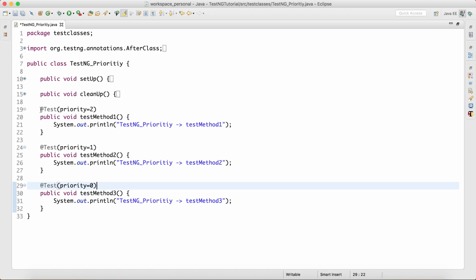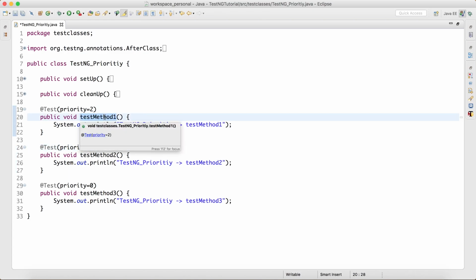To be honest, we don't really use this priority feature a lot because later I'll be discussing a few other features which are more useful than priority, because it doesn't make sense to make your tests dependent on each other, like only this test method should run first and this test method should run second. We should not design our test cases like that.